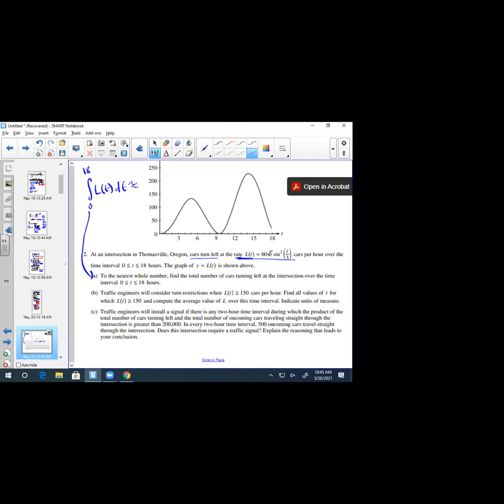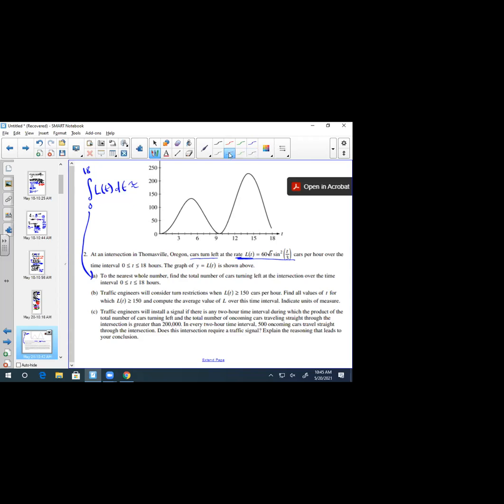Next, traffic engineers will consider turn restrictions when L of t is greater than or equal to 150 cars per hour. Find all values of t for which L of t is greater than or equal to 150 and compute the average value of L over this time interval. So